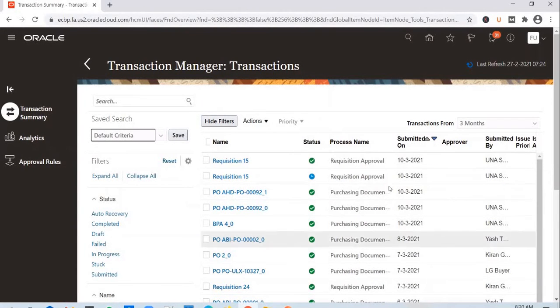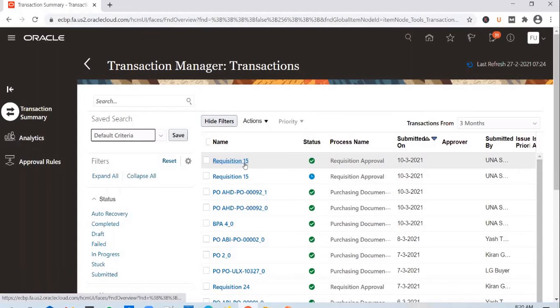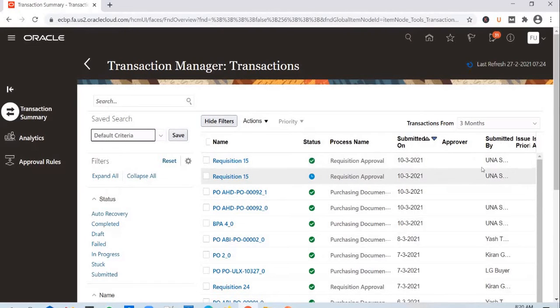And you will have all the details available here, like what is the approval process. So this is a requisition submitted by a user, which is undergoing a requisition approval process. You will be able to see who needs to approve first and what has happened on this requisition previously.